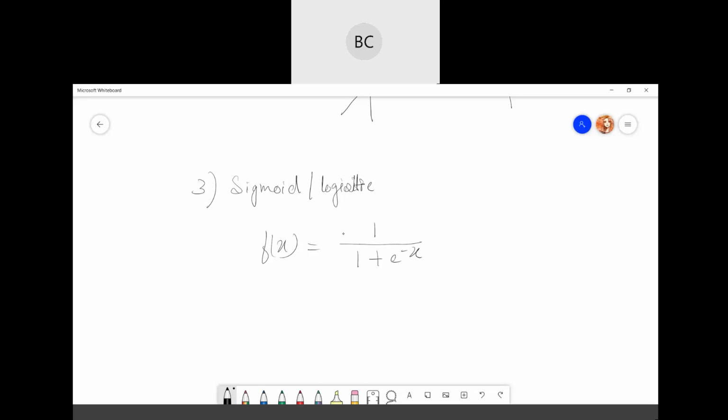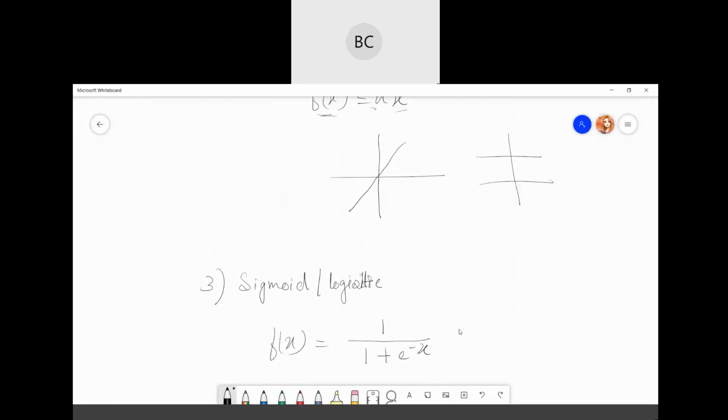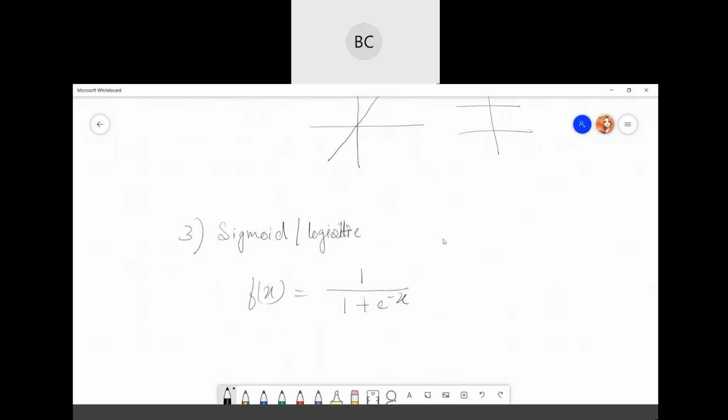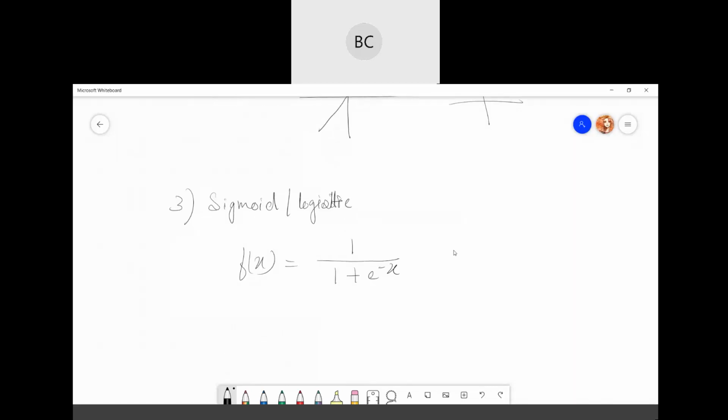This is one of the most widely used nonlinear activation functions. Your binary and linear ones are linear activation functions, but sigmoid, then tanh, ReLU, those are all nonlinear activation functions. So this is your nonlinear.